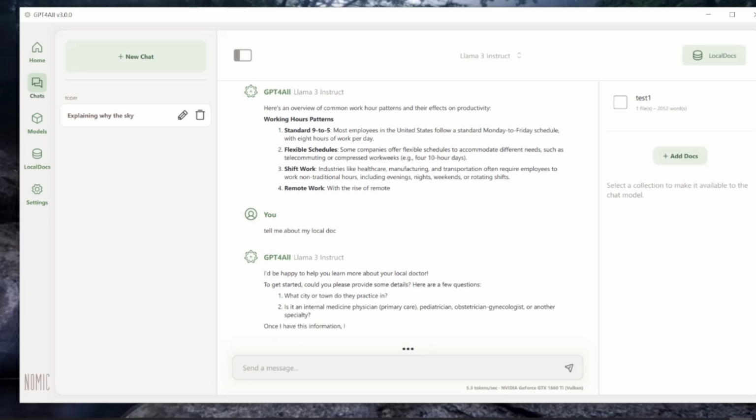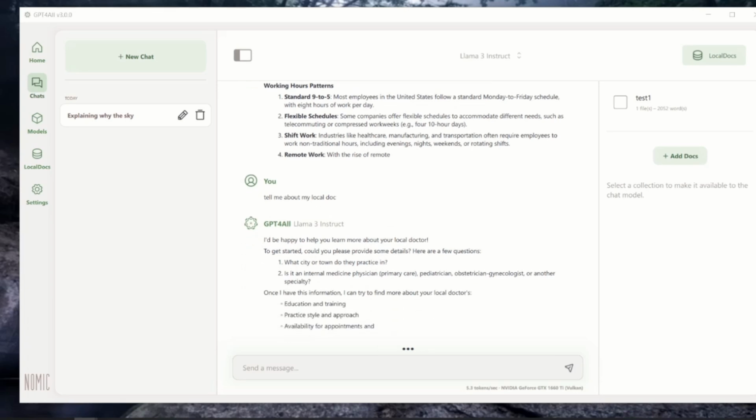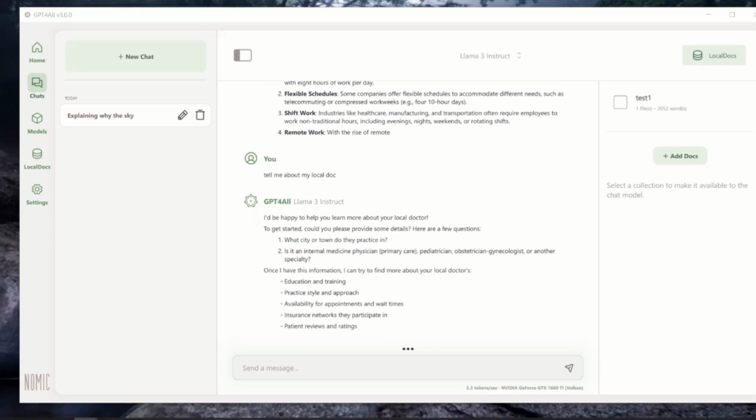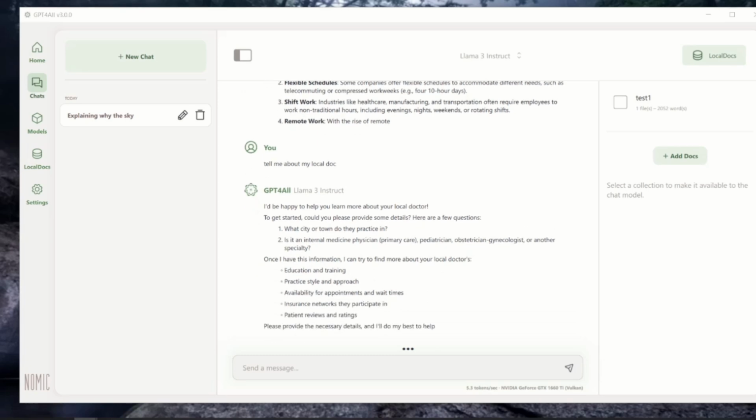Let me take a quick look at the source material. And then once I take a look at the source material, I'll pull a question straight from it. Then we don't have to waste time with it. All right, let's see here. All right, something's coming up. Happy, local doctor. No, it's not local doctor. We're testing the working hours PDF. Okay, so it looks like it's average working hours. All right, so let me grab this data and say,